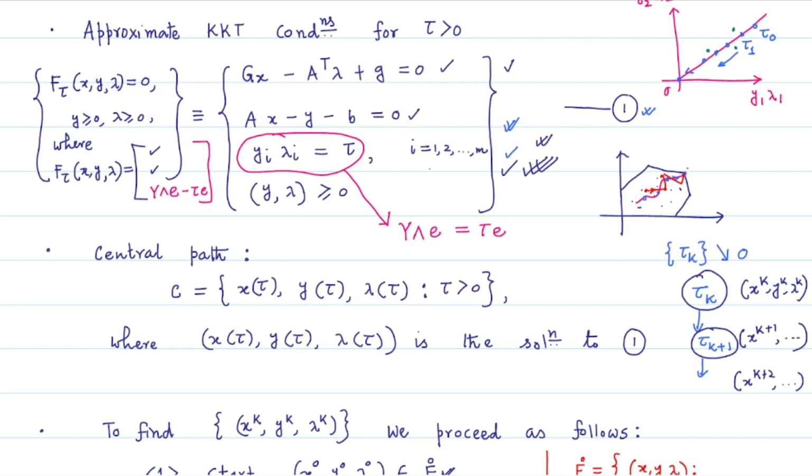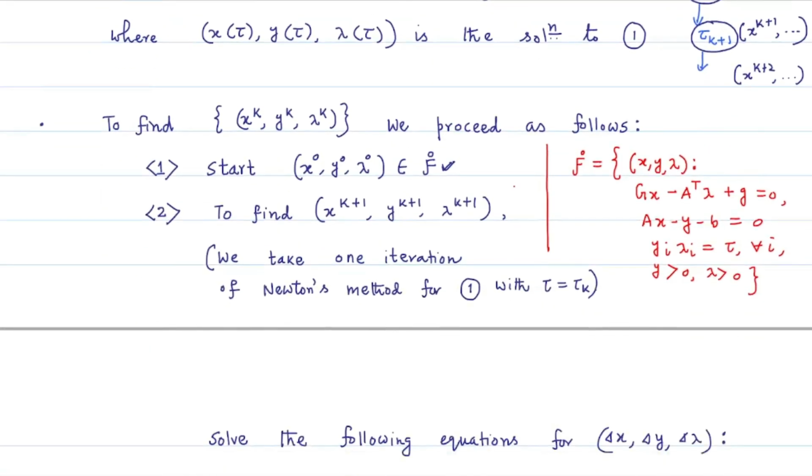Now, what is the theoretical guarantee that you will certainly reach an optimum solution? That means a solution of the original KKT system, that means this system with tau equal to 0. The theoretical guarantees are as follows. The first result states that